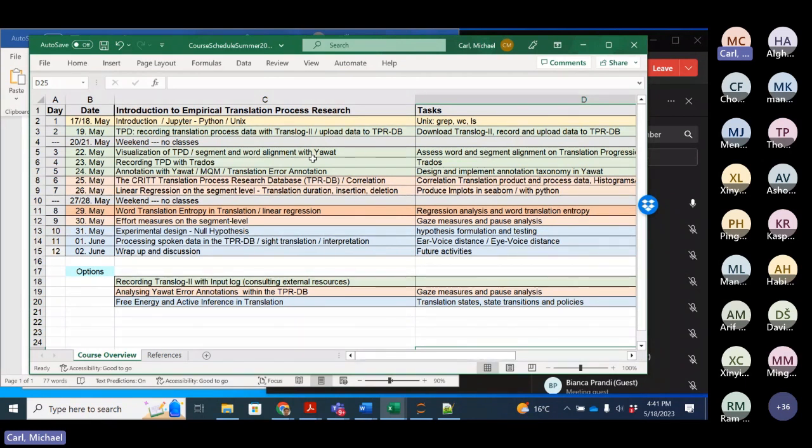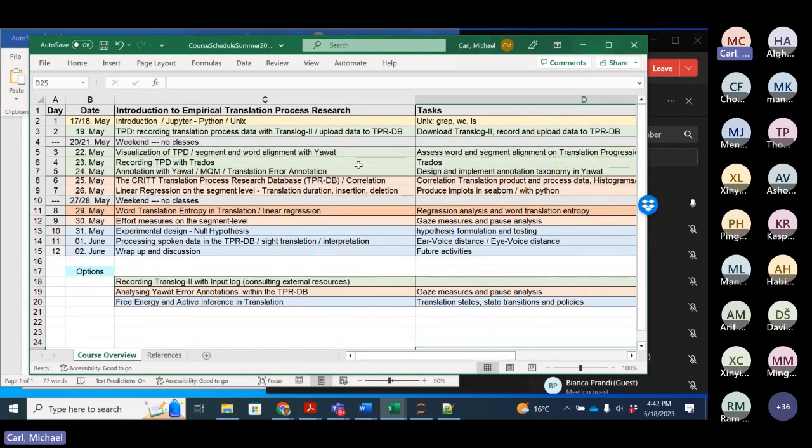And indeed, we have done this a couple of times, and one can see that if there are translation errors, for instance accuracy errors, then often the translator revises these parts several times, and still errors are there, and it takes longer for a translator to produce such a part, and still the errors are higher than in those parts that are unproblematic and quite straightforward. So one can visualize this data in a browser tool that we are going to look into on the 22nd of May.